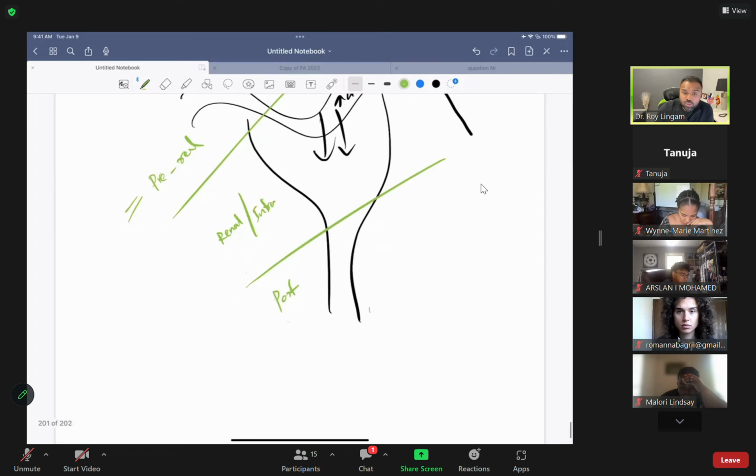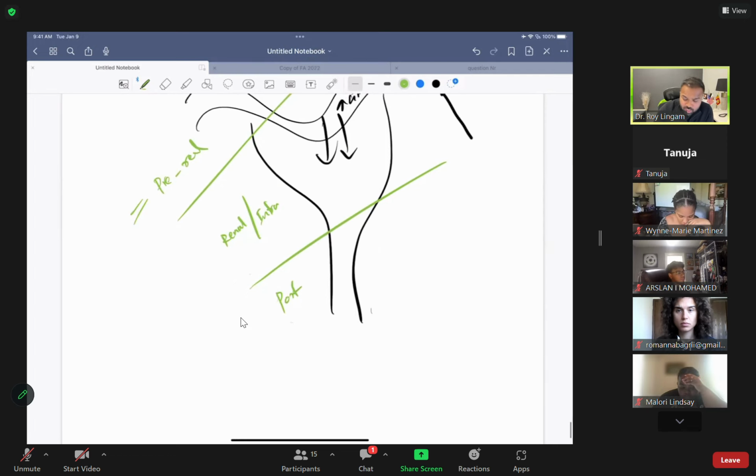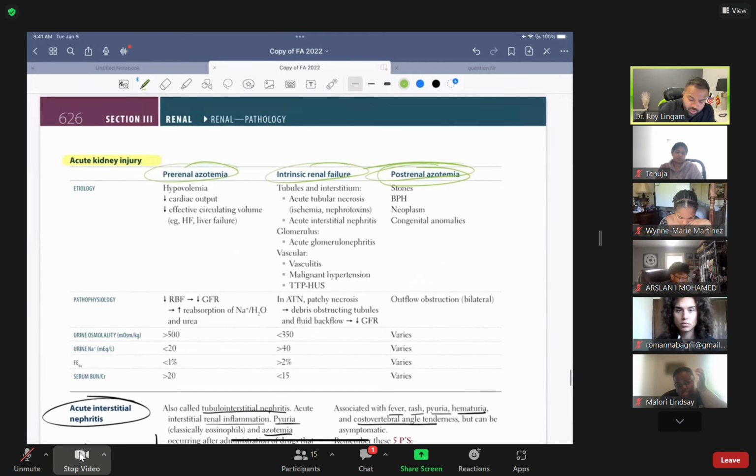Renal, most of the time is two conditions. One is a cancer, other one is a kidney stone. These are the two things that block after the kidney. So we are not worried. If you see in this book,